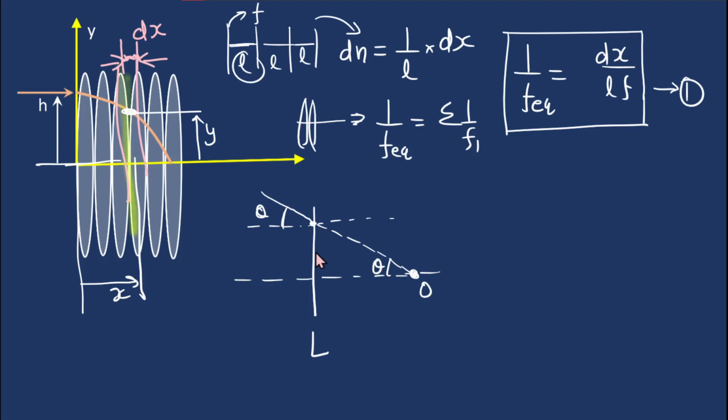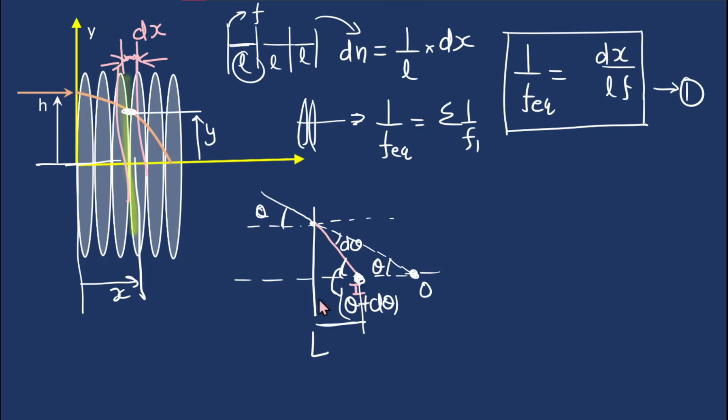Since this angle is theta, this angle is also going to be equal to theta, right? But after the refraction from this lens here, the light ray gets refracted and it will bend even more. Let's say the extra angle is equal to d theta, right? So here this angle will become how much? Theta plus d theta, right? So just using the concept of external angle, we can say this angle will be equal to theta plus d theta. So here is the position where the image will be formed after one refraction from this lens, whose focal length is equal to f equivalent. So we can apply the result of lens formula.